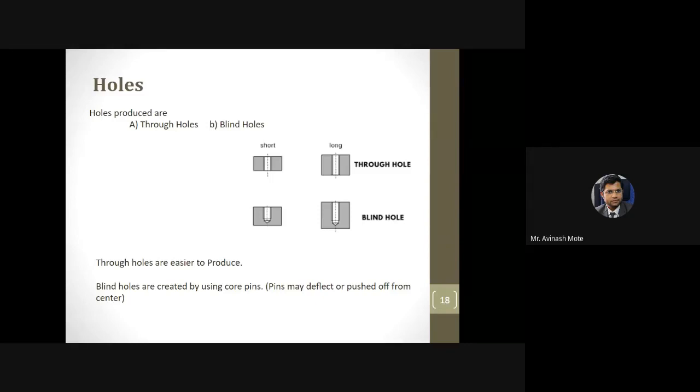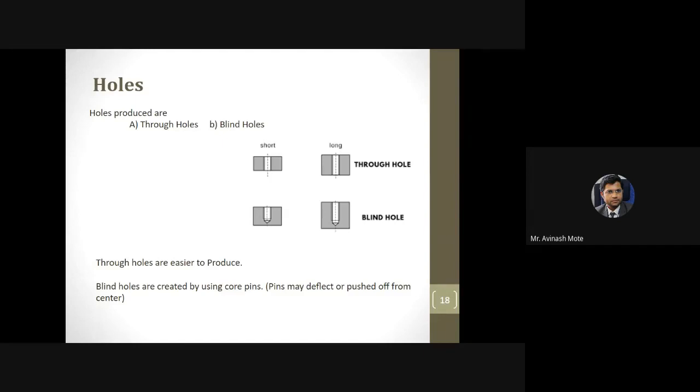Whenever you are drilling inside the components, it is very difficult to measure the depth of the hole. You need to mark the drill bit to that much height, and once the drill bit is inserted up to that limit, you have to remove it. But what kind of hole is generated inside the component is very difficult to access. Once there is a through hole, you know it starts from one surface and goes to the bottom surface, so the only element that comes into the picture is the diameter of the hole.